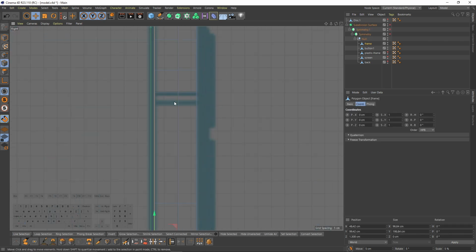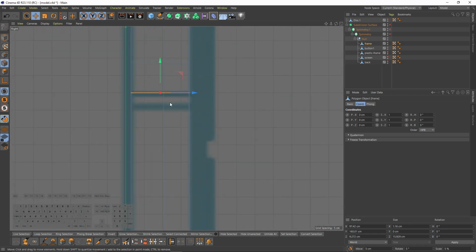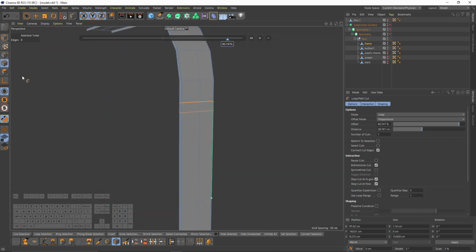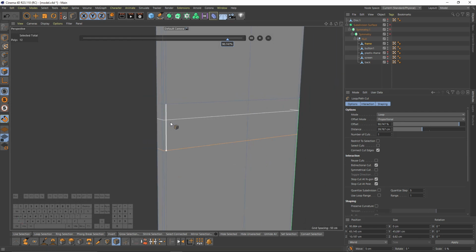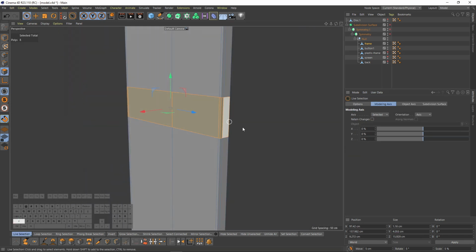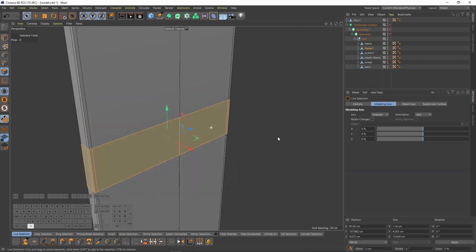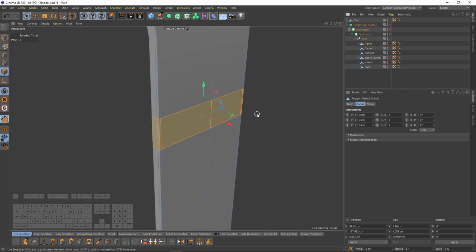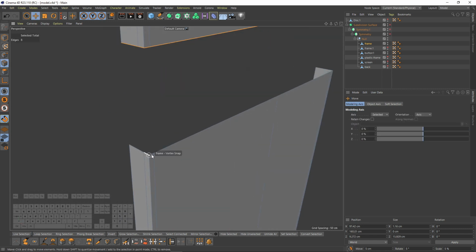Now let's make that part. I will make another loop cut here. And I will select these polygons, right click and split. And I will hide them. Go to my frame and I will just delete. Now I have to close that gap. So I will select these